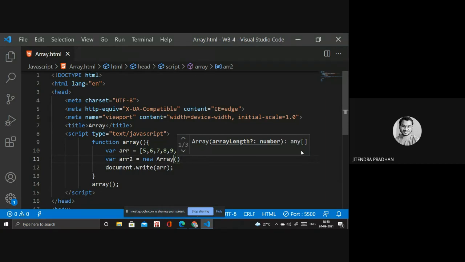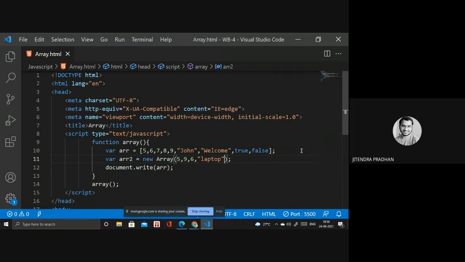If you want to declare an array, we use two types, as I already told you: the meta character and the constructor. So this is a constructor. Inside, 1, 3, 5, 5, 9, 6, something like that. This is my value.